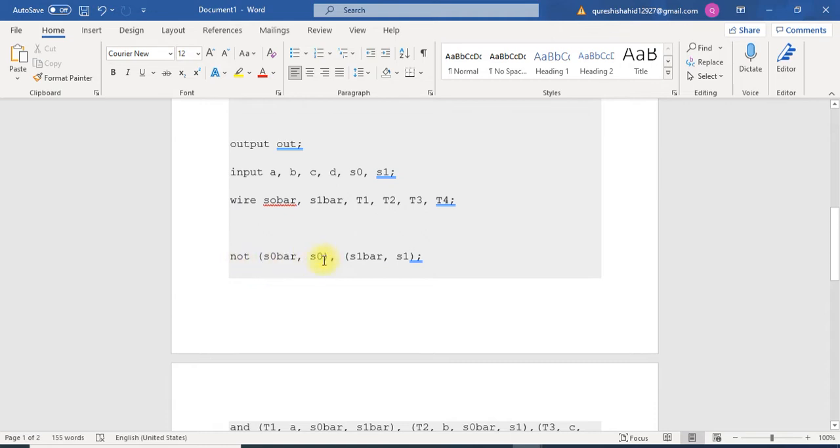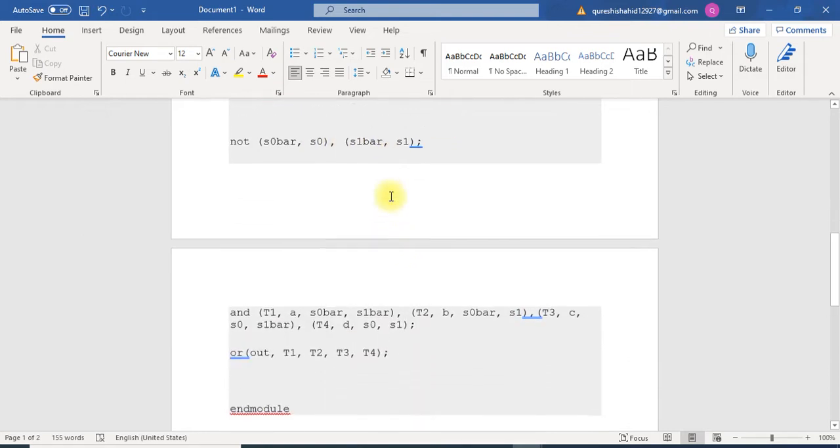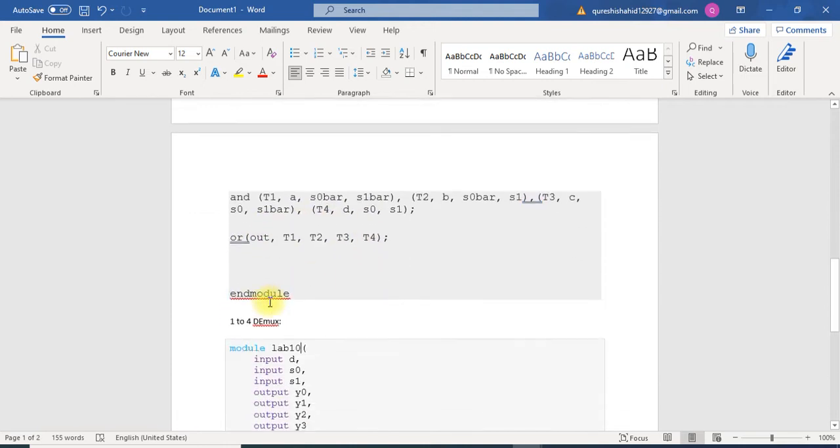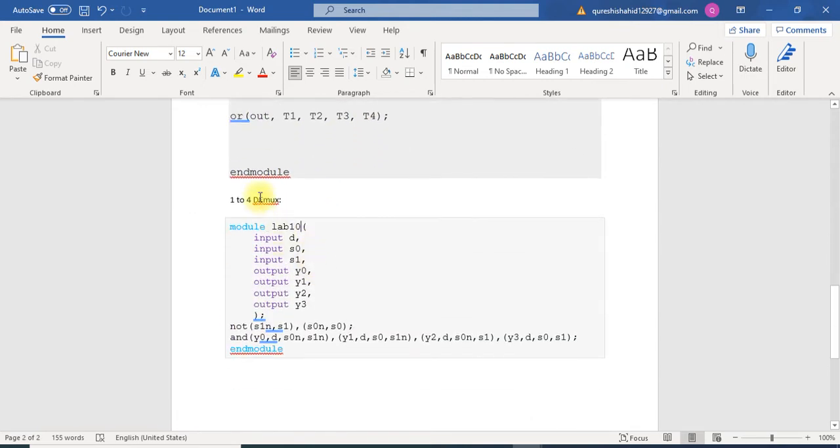We implement the NOT operation on S0 and S1, then perform the AND operation on these terms, and after that we perform the OR operation on them. And this is similar code for the 1 to 4 demux, which is the vice versa of the upper Verilog code.